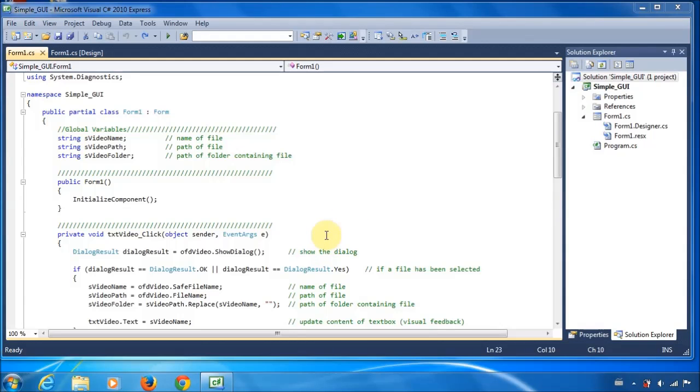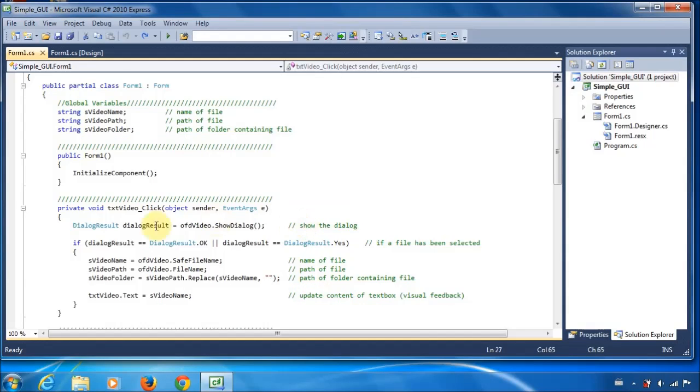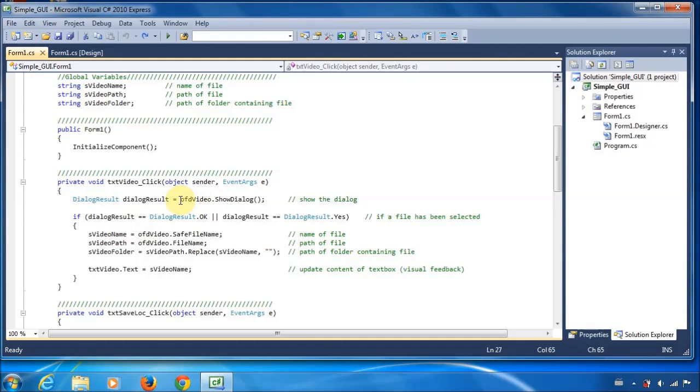So to walk through what we've just written, this first line over here basically is what shows the dialog. The second line is an if statement, and basically it's checking if the user has selected a file. So it's checking for an OK confirmation or a yes confirmation. And if they have selected a file, we want to grab the name of that file. So for example,